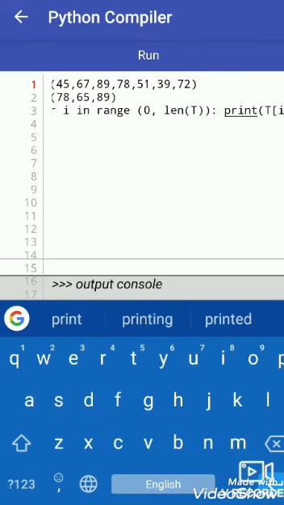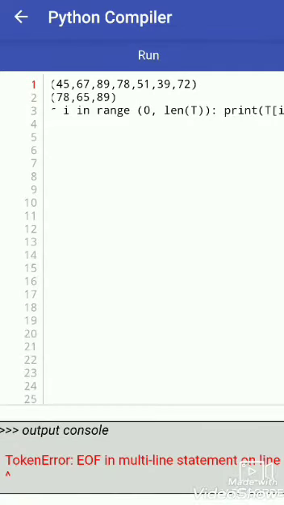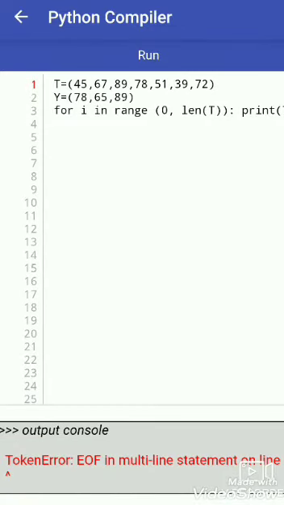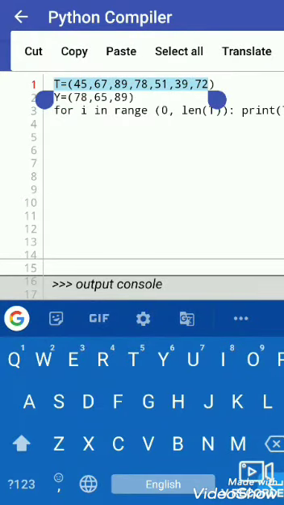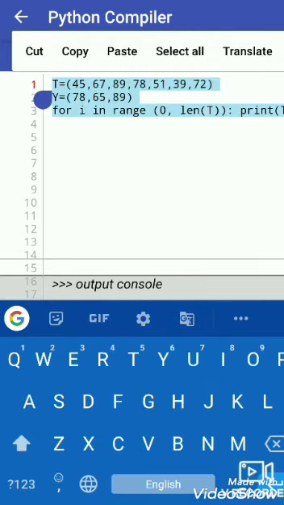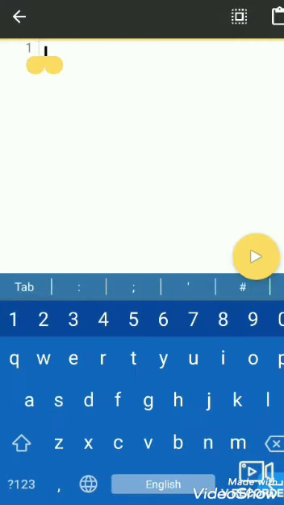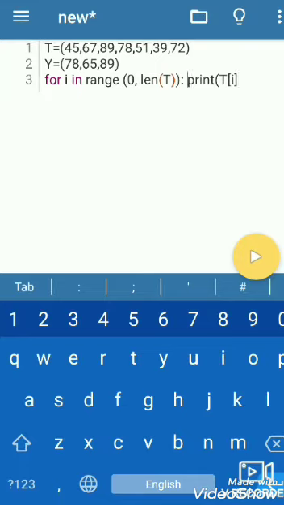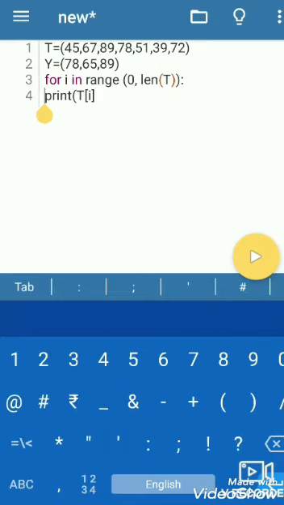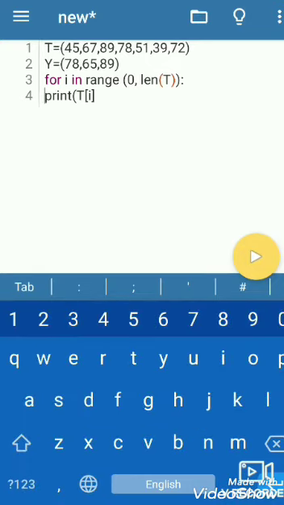So let's try to do it here. So when we run the program, no. So we have to run this program in script mode. So let's copy the whole program, select all, copy, and we use script mode for running this program. Our script mode is here. Paste in the program, and then using tab space, print t[i].